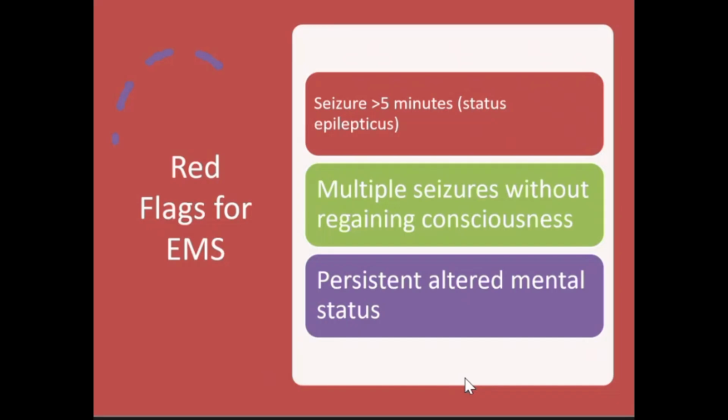So what that means to me, you seize for 30 seconds. Now you're post-ictal. You go right back into a seizure. 30 seconds later, you're back out. You go right back into it. It's that repeated over and over and over. You're not seizing the whole time, so you're not in that status epilepticus, but you're on the verge of that status epilepticus. There's a lot of docs that will call that still status epilepticus if you're not doing that recovery. But like I said, one of those depends on what you read.